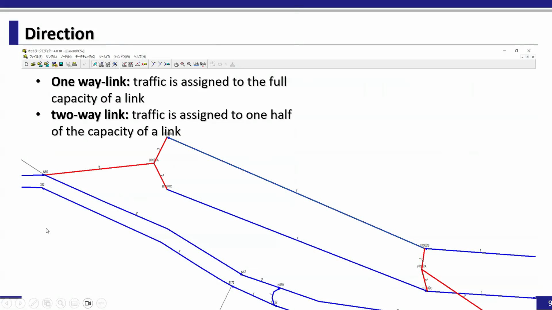Yes, this one shows the direction of the links for each section for modes 1 to 10. And this visualizes the so-called directional links for mode 3, private car. And this section is BRT. The BRT is a combination of one-way links and one-way links. And one of the items, these sections, as I explained, is